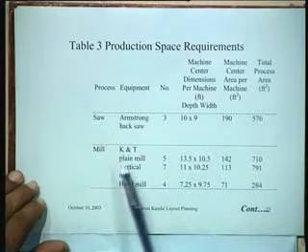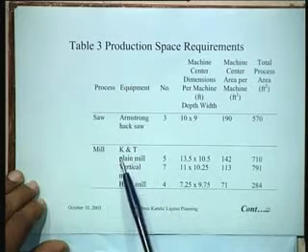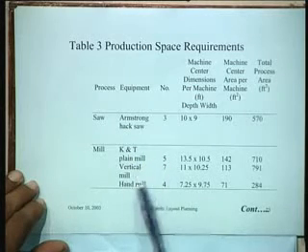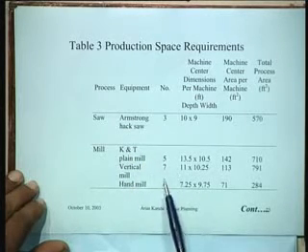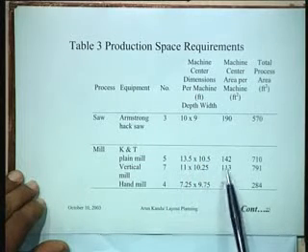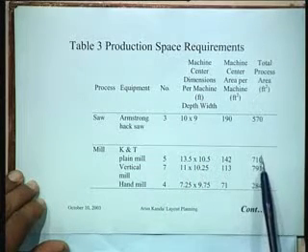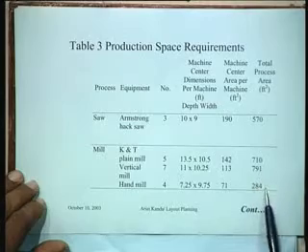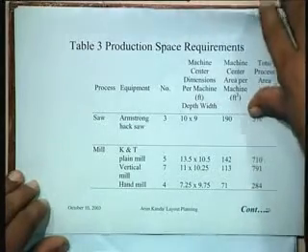Similarly, in the mill, you might have different types of machines. You have a plane mill, 5 of them, vertical mill, 7 of them, hand mill, 4 of them. You know the department sizes of the machine center requirements, area of each department, and the total area corresponding to each of these machines. So this exercise can be done for the calculation of the production space. So we do it for each department in the same manner,